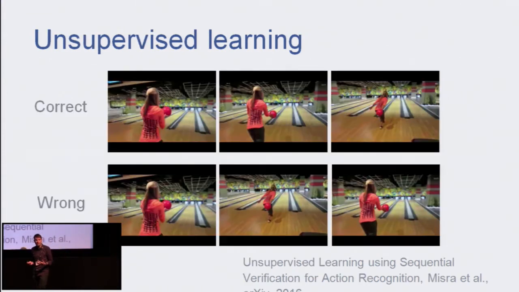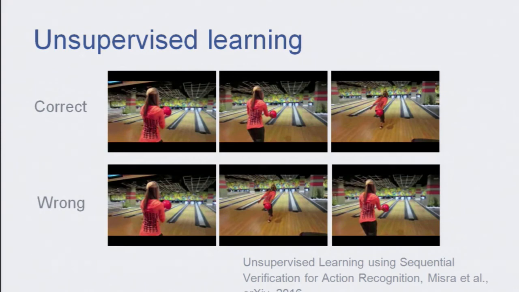And then we have unsupervised learning. And this is kind of the elephant in the room. Because there's a huge amount of data. If we could figure out a way to learn features using this unsupervised data, we could do amazing things. So people have been trying to propose all sorts of different kind of tasks that they can do learning from, such as, given these 3 video frames, are they in the correct order or not? And you see what type of visual features they can learn from doing these sort of tasks. Works kind of okay, but still not as good as supervision.